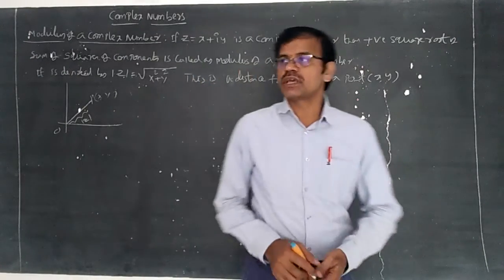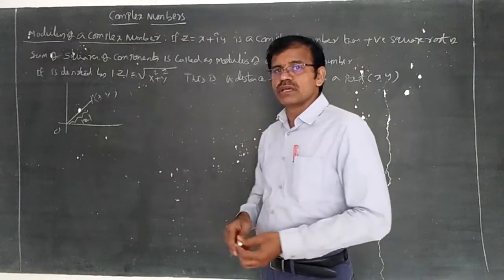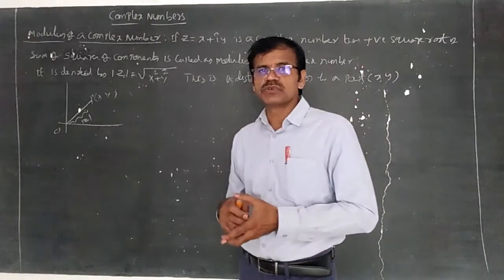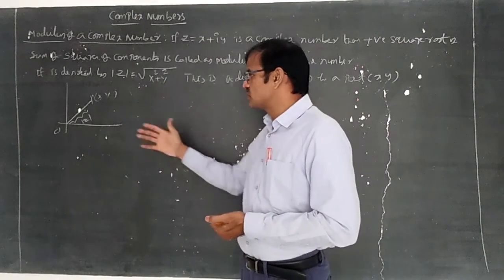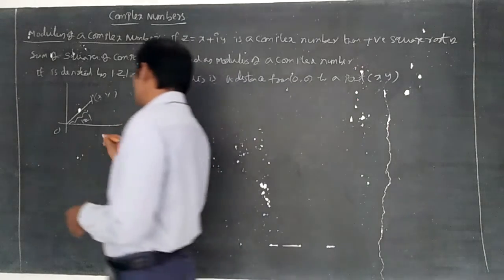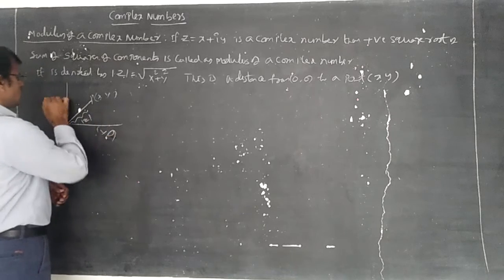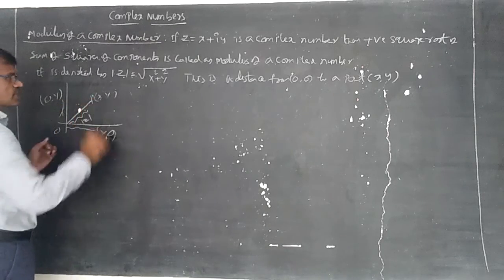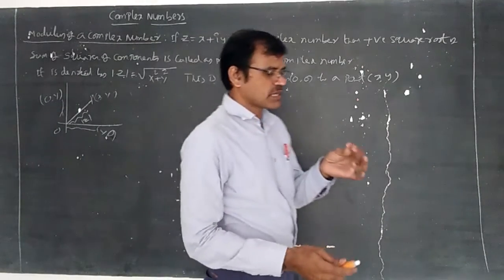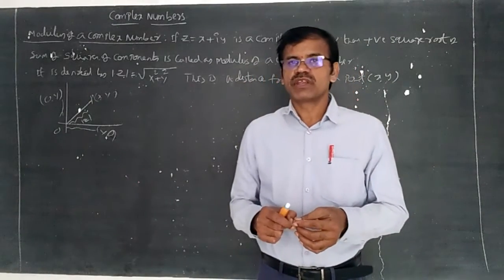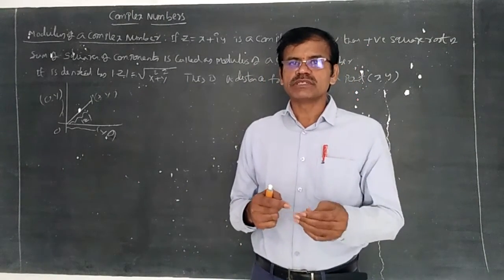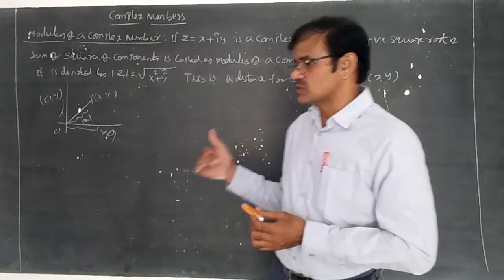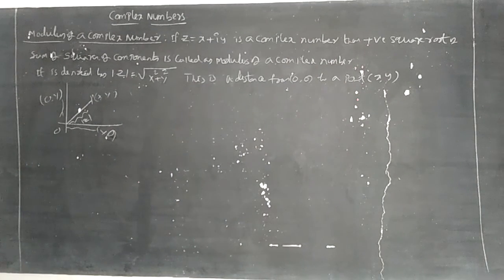So we can say here x plus iy is nothing but a point which is indicating x units from origin along the x axis. For example, this is (x, 0) and this is (0, y). This is x units from origin and y units from origin, like this (x, y). But iy is there, not a simple way. So whenever it is iy, the plane which is indicating with imaginary number and real number is called the Argand plane. So let us discuss the Argand plane.